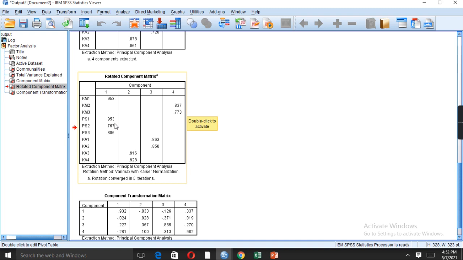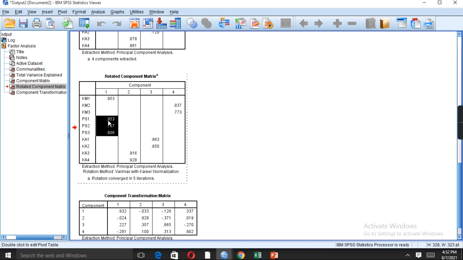However, KM also loaded with this one. However, knowledge absorptive capacity values are loaded separately, so these values will be taken in our MS Excel file in order to measure composite reliability as well as AVE. This value is loaded with some other variable, project success item, so we remove this item and then we select all those item values. So just double click into it to activate this table and copy the variable items.